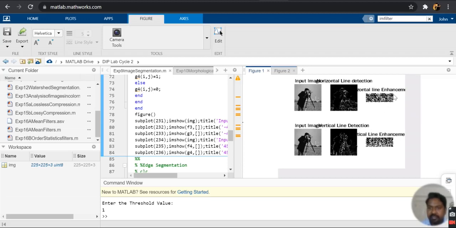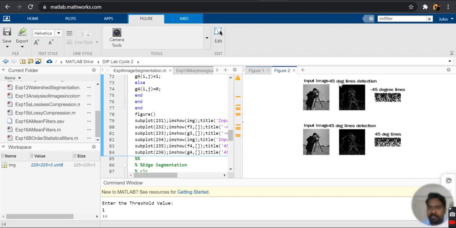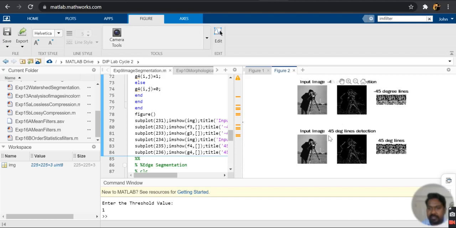Similarly, we have the enhanced output as well, where we have converted the entire image by setting a particular threshold value, and so it either takes the value 1 or it takes the value 0. So this is for the horizontal and vertical line detector, and similarly with the 45-degree line detector as well.